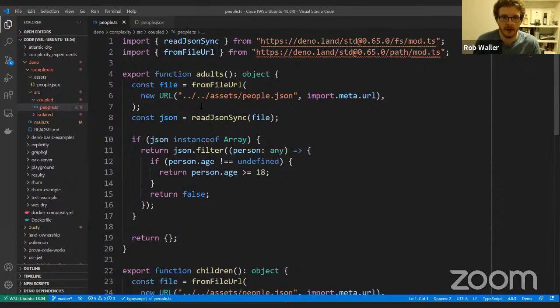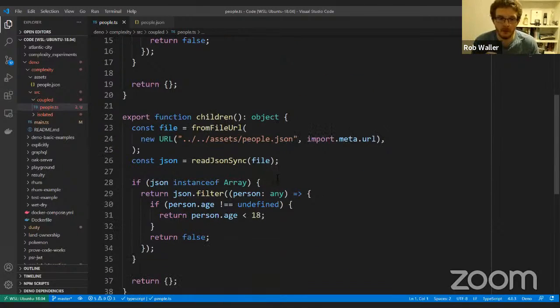And as you can see, we go and get the data from the file, we parse the JSON, and then we filter these people dependent on whether their age is greater or equal to 18, so that they're an adult. So we return the adults from the list. Now that again is relatively simple. It's not going to really trigger any complexity flags if you've got them running. So in theory, what's wrong?